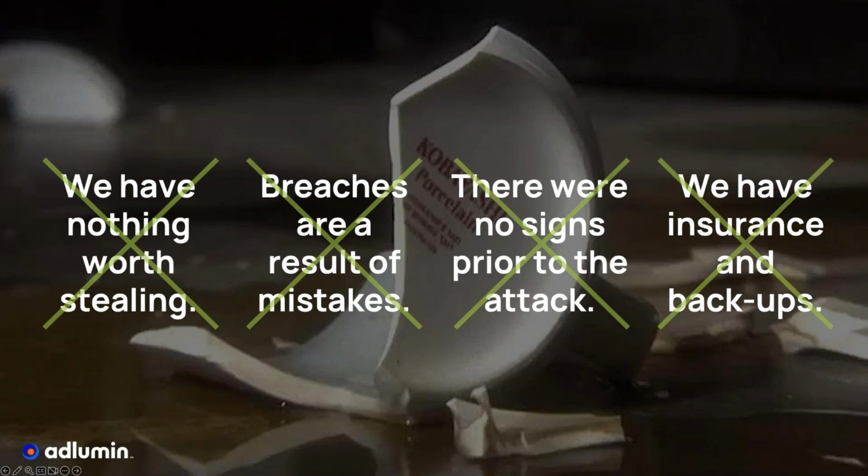What often occurs is that once something happens, I see this sort of wringing of hands that says, look, on Friday everything was great, and we came back to work on Monday and we were shut down. We didn't know anything was happening. Associated with this is the other one: we're this small company, how are we ever going to stop an attack from a big nation state like China or some Russian ransomware gang? And of course, the last one is the false sense of security, which is we have insurance and